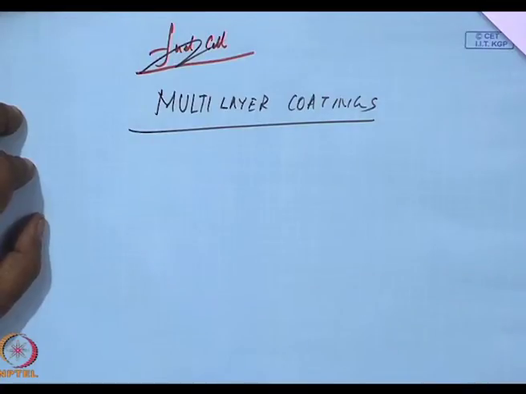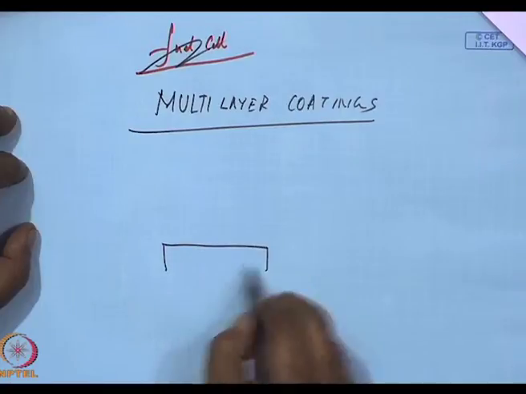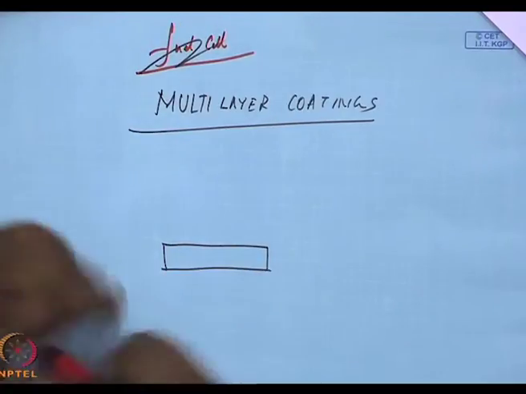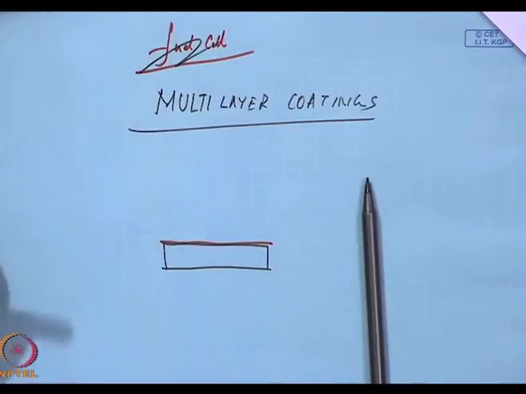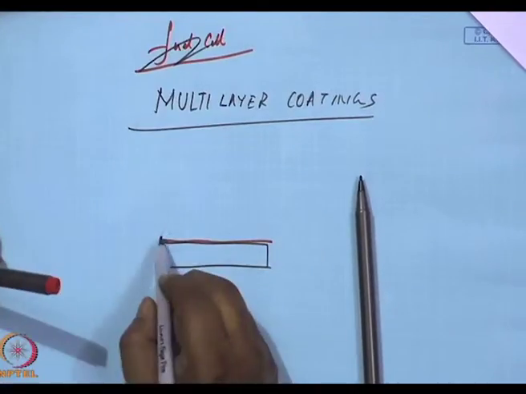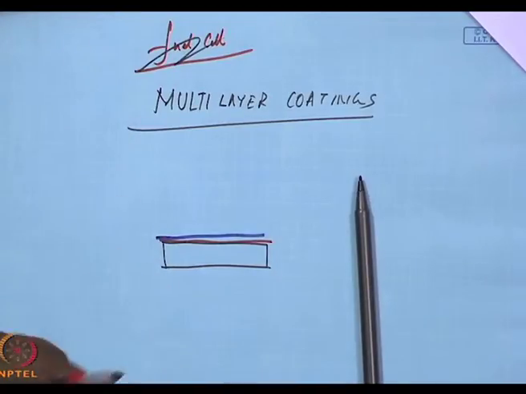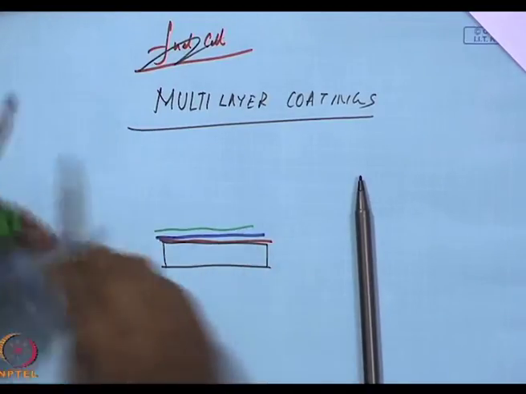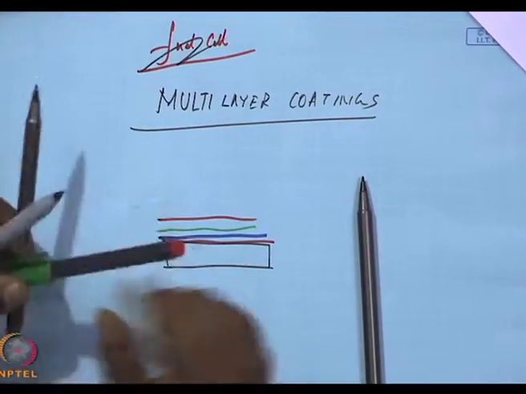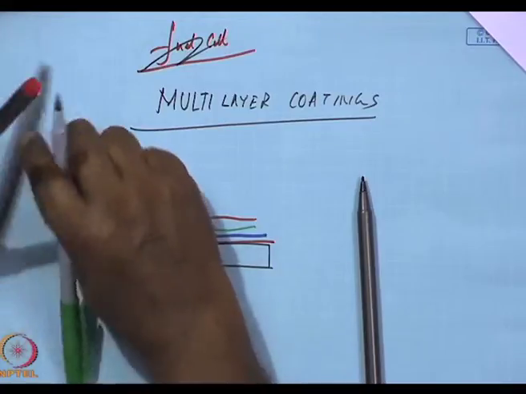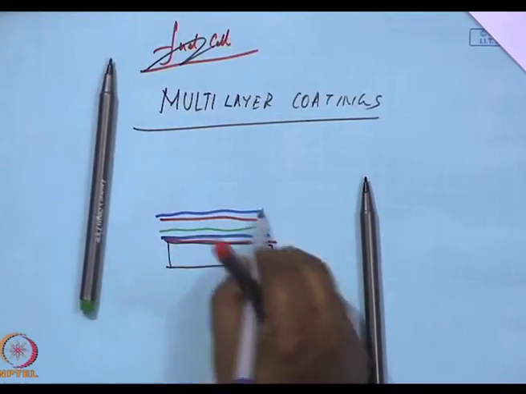This can be used for many purposes. This is one layer, this is a substrate. On top of it, I have one layer. Here, I have a second layer. Here, I have a third layer. And then I repeat it all over again. I'm getting mixed up with the colors. This is blue and